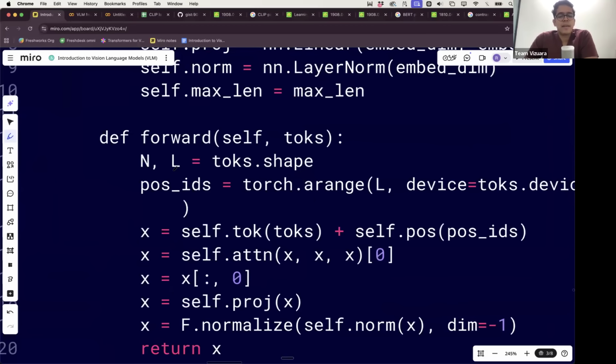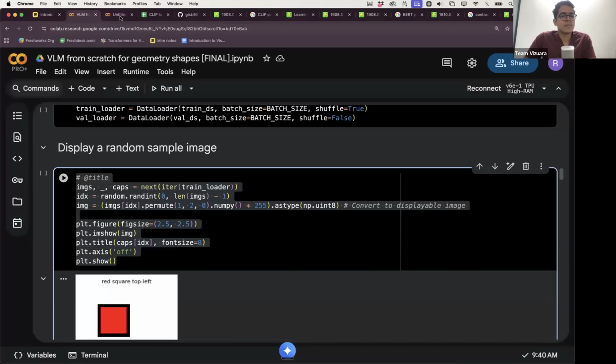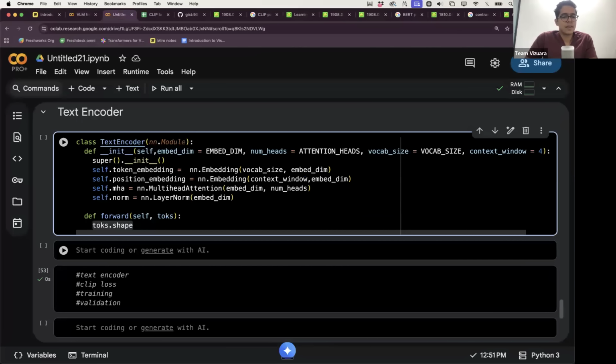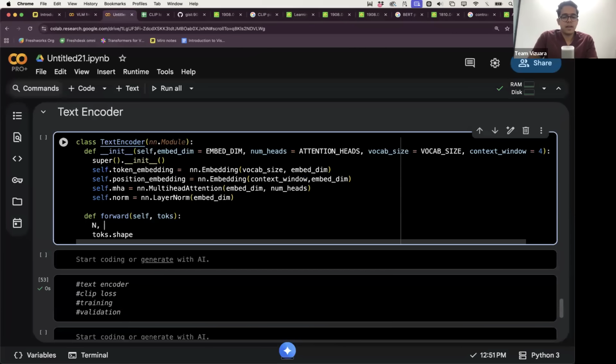The embedding. Another dimension should be the sequence. So let's actually write it in this way itself. N comma L is equal to